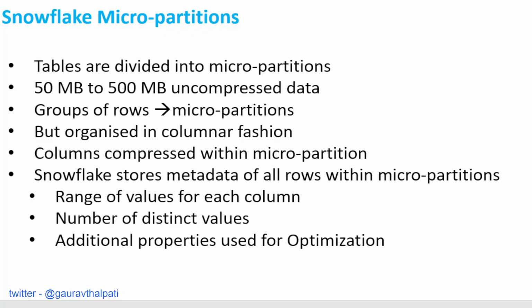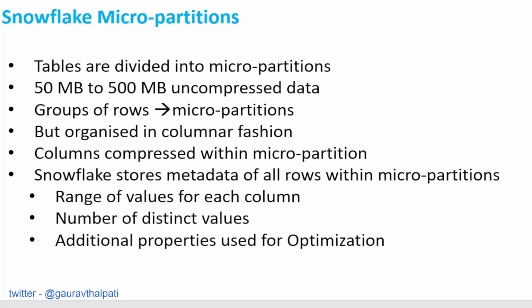How is this stored? Snowflake stores this in a columnar way. You might remember the Snowflake storage is a columnar storage, and we'll have a look at it in much more detail in our next slide. Whenever the data is stored within a table, it is stored in a columnar way in the micro partitions. The data is also compressed. We can compress the data when we store it in Snowflake. It is done by default, and there are various compression types that can be applied as well.